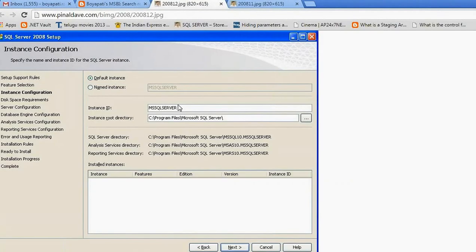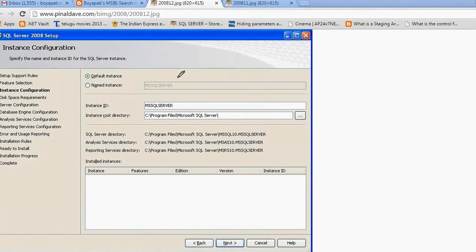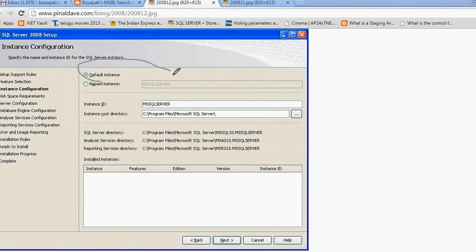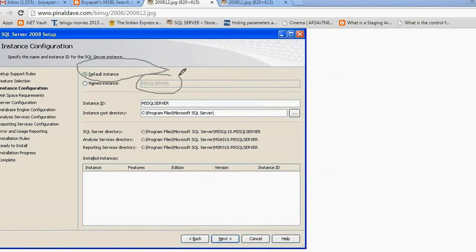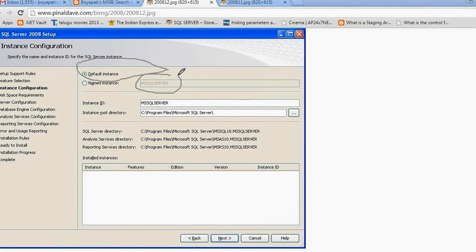In this step, the first time whenever you are going to install, you can take the default instance. That's why it is taking the name as MS SQL Server. You can give a named instance also the first time. If you want to use the default instance the second time, then you can give a named instance the first time, not an issue.